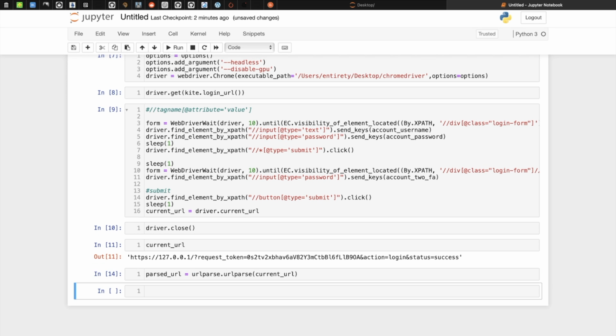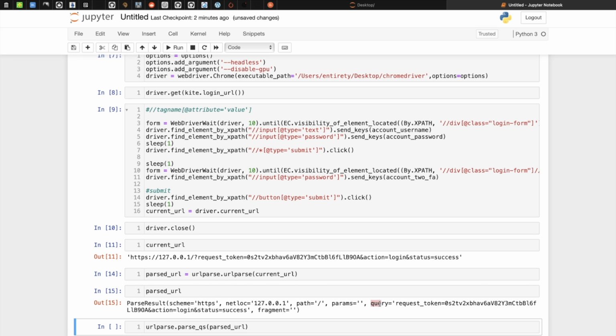Now we can fetch the request token out of this. For that there is one more module, in the name of parse_qs. So parse_qs of parsed_url dot query. In the parsed URL we have this query, and from this query we will extract this part.